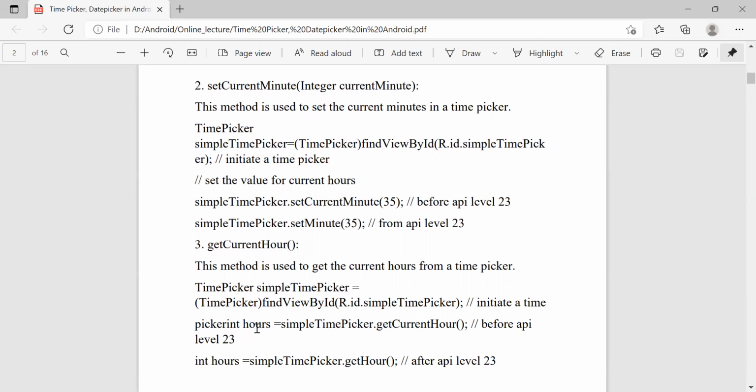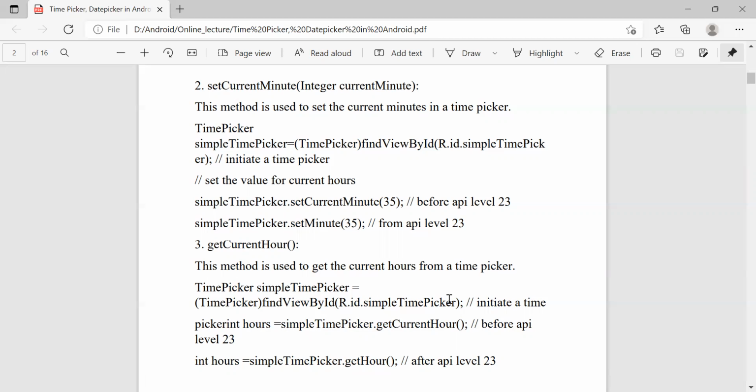For before API level 23, we use the getCurrentHour method, and after API level 23, we use the getHour method, and that value is assigned to the integer variable hours. So here we use integer hours instead of picker.